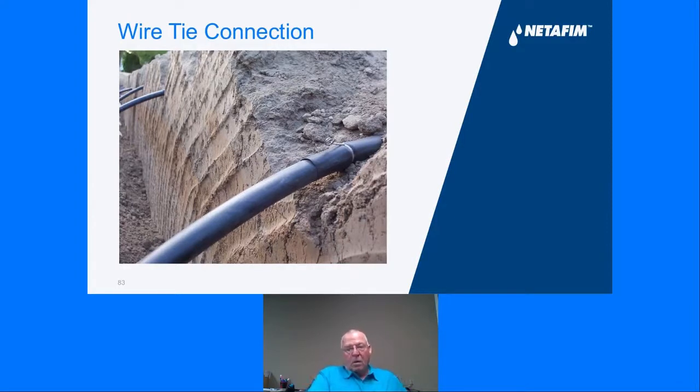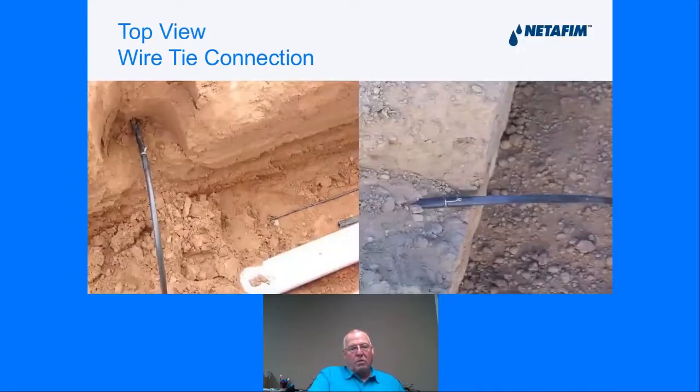When we make the riser tube connection, that's a transition from the PVC pipe to the dripper line. We'll clean an area off above the dripper line, depending on how deep the dripper line is. We'll clean that area off and make a 6 to 8 inch shelf there. When we create that 6 to 8 inch shelf, the